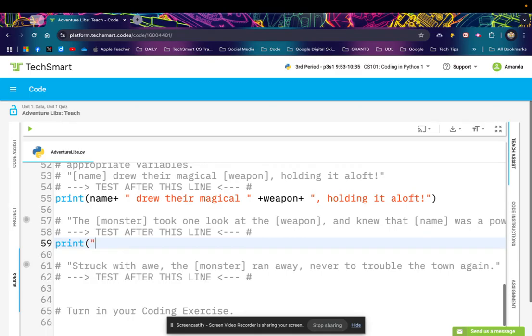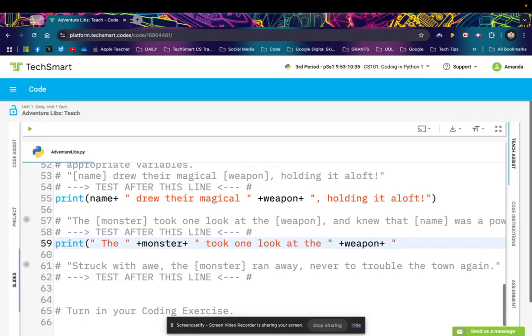So print, parenthesis, quotation mark, the, space, quotation mark, plus monster, plus, space, quotation mark, space, took one look at the, space, quotation mark, plus weapon, plus,